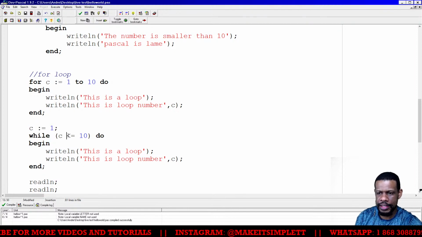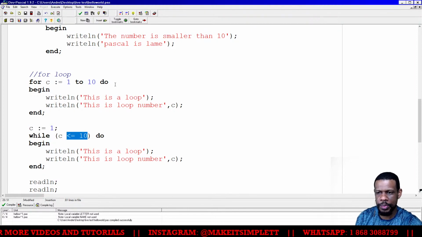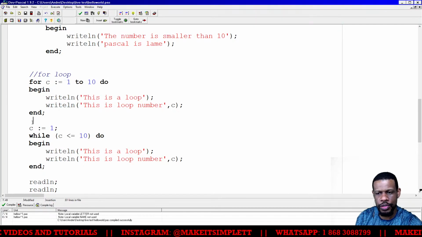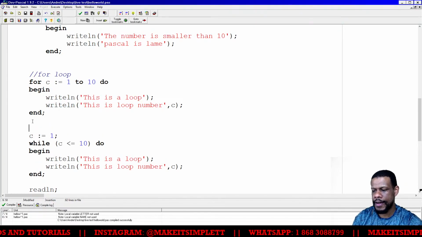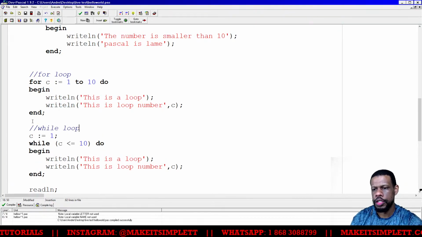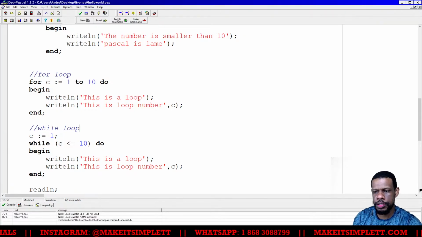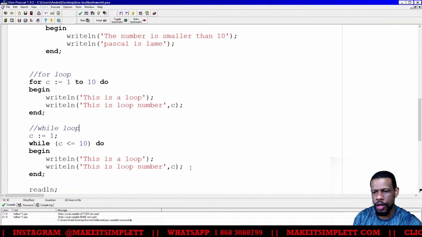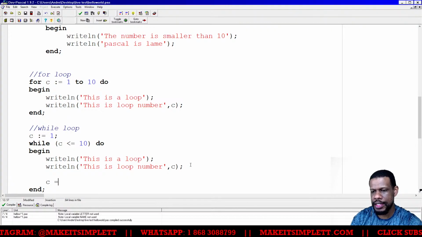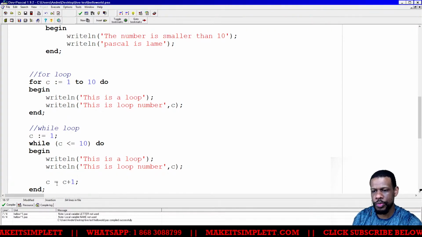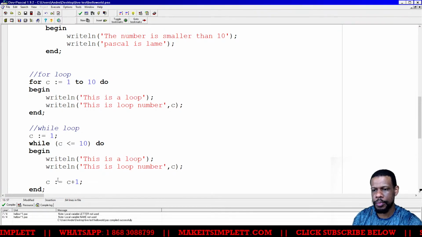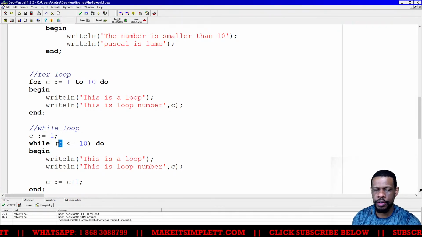The second thing that you're checking for is c is less than 10. But remember, a for loop is smart enough to count on its own, so you don't want to do this loop without putting in c is equal to c plus 1. If you don't do that, then the while loop will go indefinitely because the number c will always be less than 10.